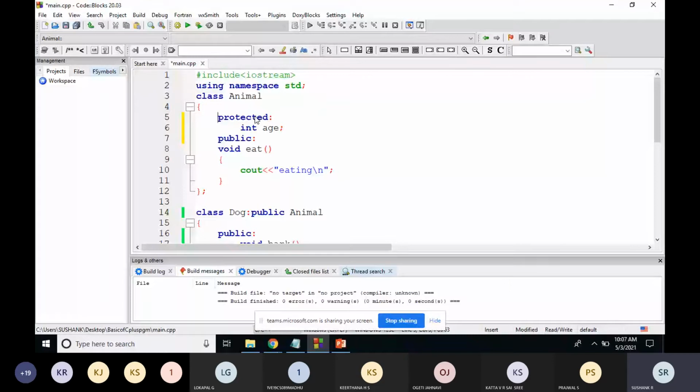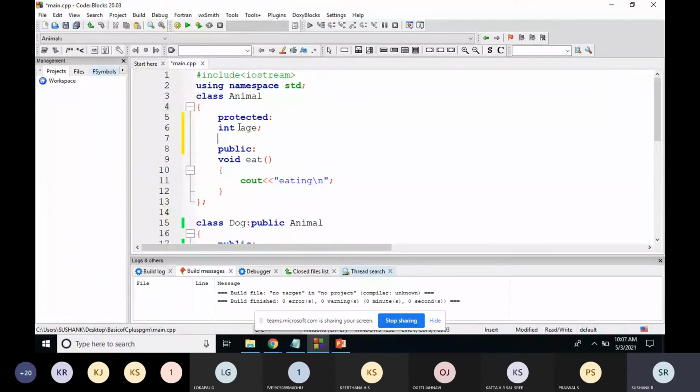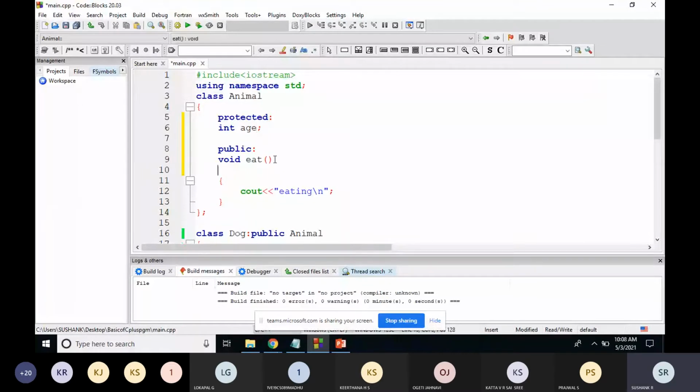Once you make the members private, the private members are accessible only within that class. So if I make this variable protected, this variable can be accessed within this class.